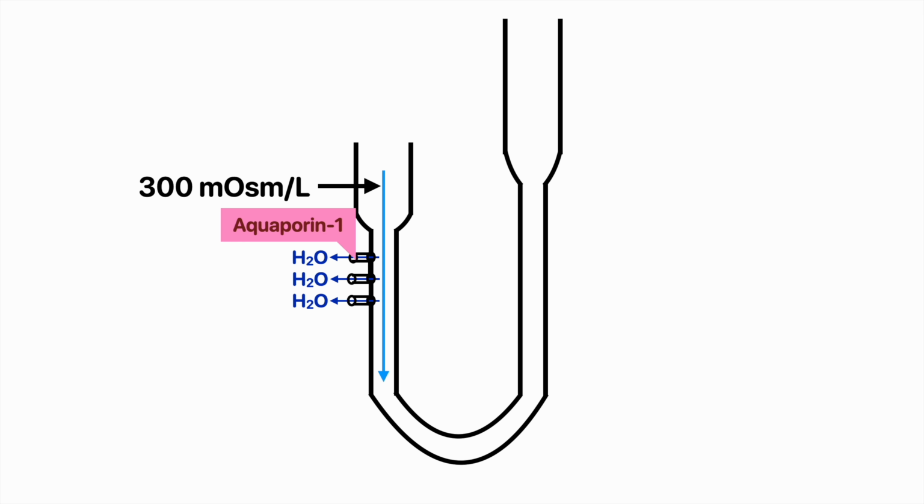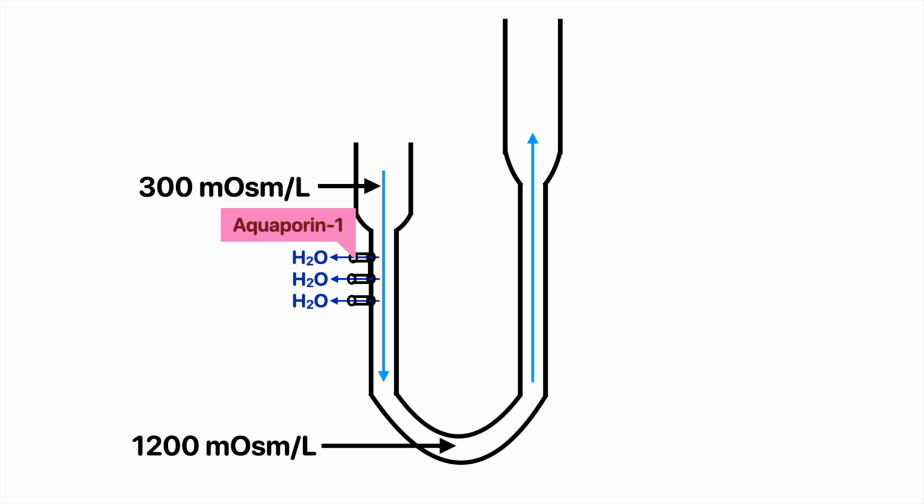So, the osmolarity of the fluid increases gradually. At the lowest part of the descending limb, osmolarity becomes almost 1200 milliosmol per liter. So, it is hypertonic with respect to blood. Now, this fluid ascends along the ascending limb.